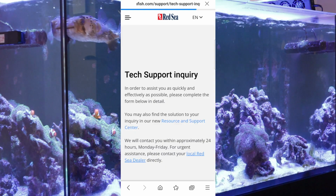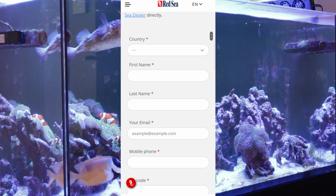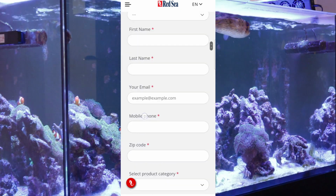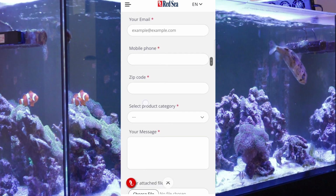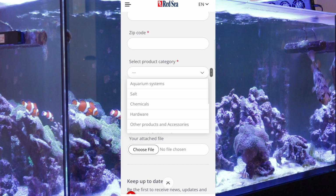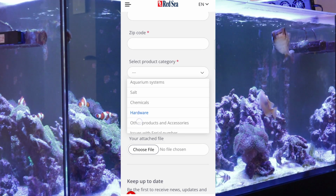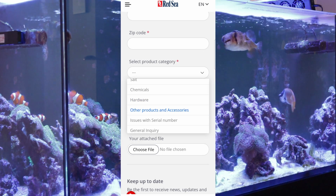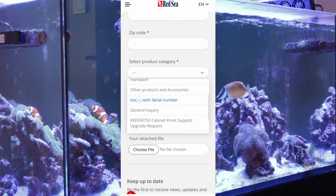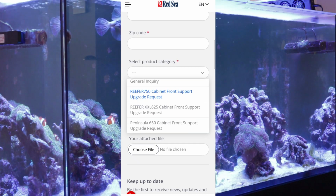If you select that, it comes up with the tech support inquiry, and we can then go down and fill out all this information. You can see on there what you need: your name, your country, your email address, phone number. Select the product category. What I did was select the aquarium systems, but you can see there's all sorts of stuff, whether it's salt or chemicals, hardware, or general inquiries,